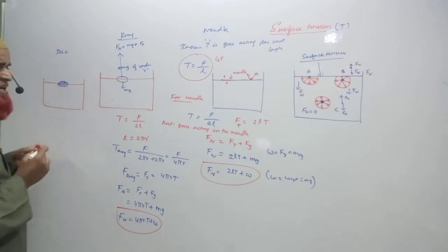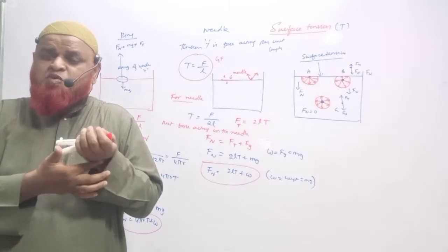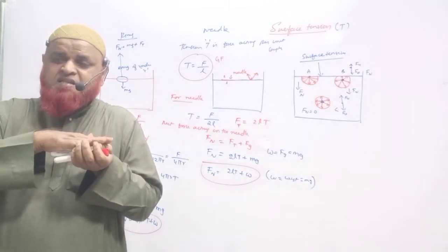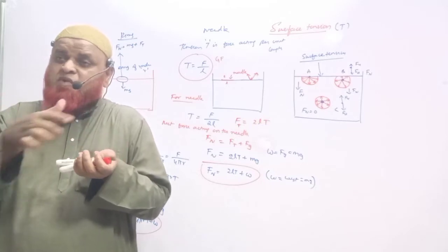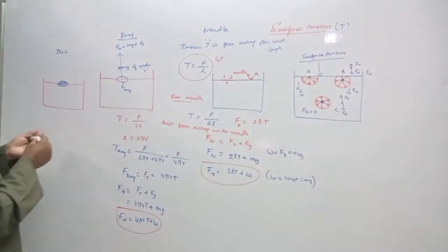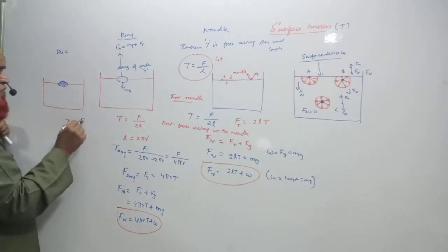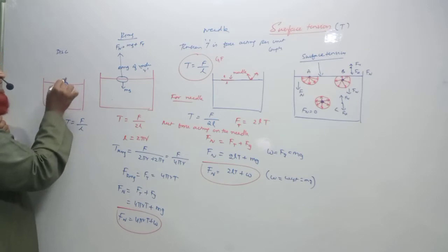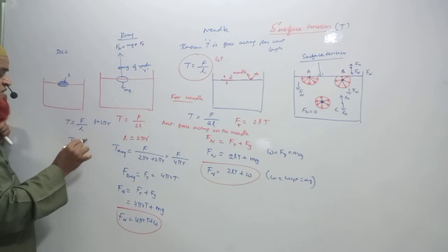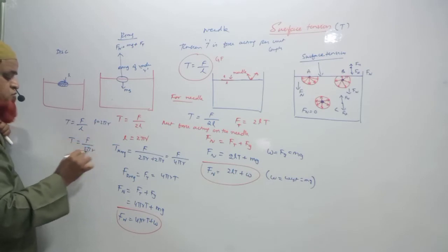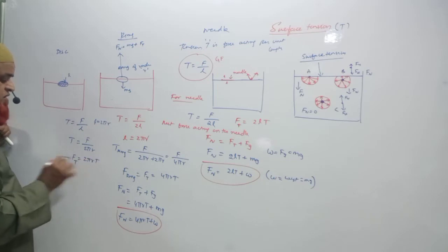If this is a disc here, you should remember one thing. Only one layer is in contact with the water. As internally it is filled, you need not consider one more 2 pi r here. You just consider like this. So what is the tension acting here? Force by length. Only one length is affected, which is the circumference 2 pi r. Therefore tension can be taken as force by 2 pi r. F is equal to 2 pi r into T. This is because of tension.